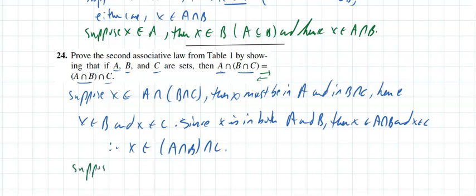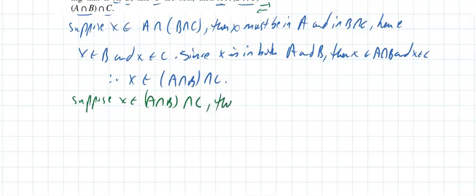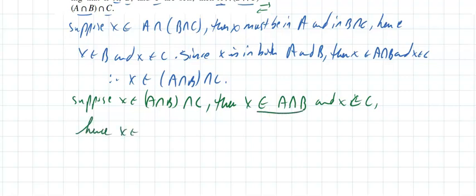Suppose X belongs to A intersected B, this set intersected with C. Well, what does that mean? Then X must be in A intersected B, and X must be in C. Hence, this indicates that X is in A and X is in B. So that we already know. And we already know it's in C, therefore